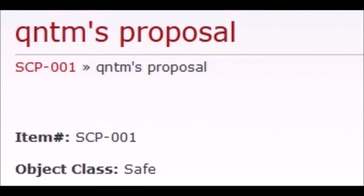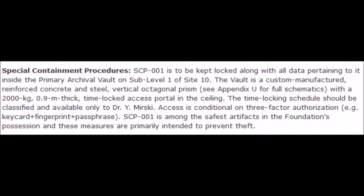SCP-001d. qntm's proposal. Item Number, SCP-001. Object Class, Safe. Special Containment Procedures. SCP-001 is to be kept locked along with all data pertaining to it inside the primary archival vault on Sub-Level